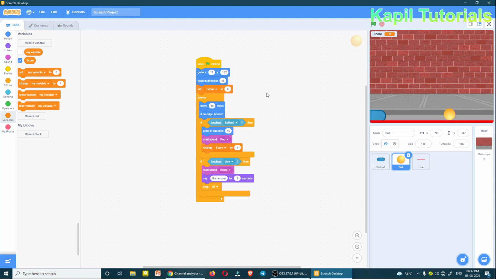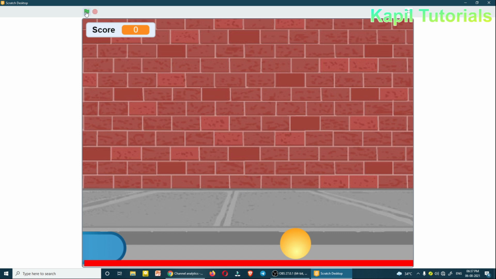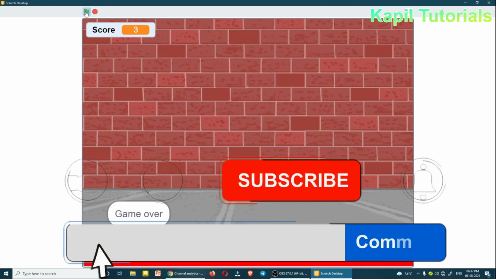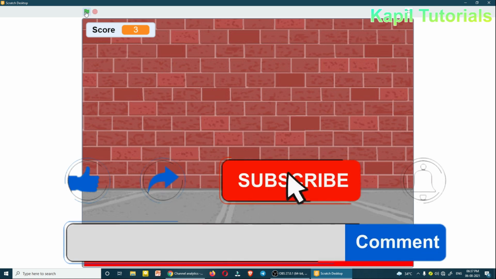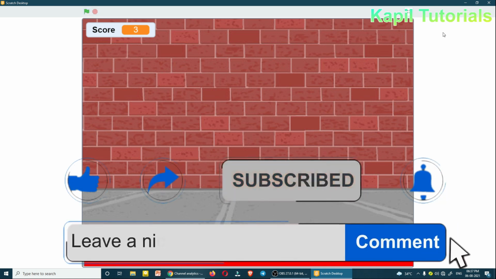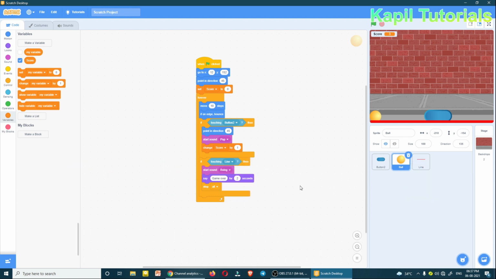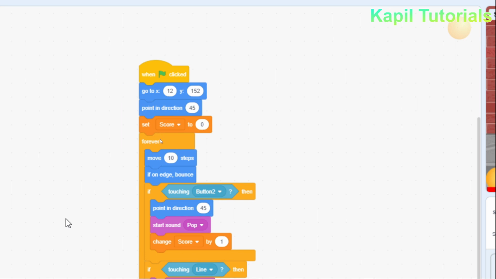Now let's run the game. I'll make it into big screen. Let's see if it's working fine or not. Now just see the score is moving up, and when it touches, game over. Okay, so everything is stopped. So in this way my program is finished. You could see each and everything, the coding, although I have explained you step by step,